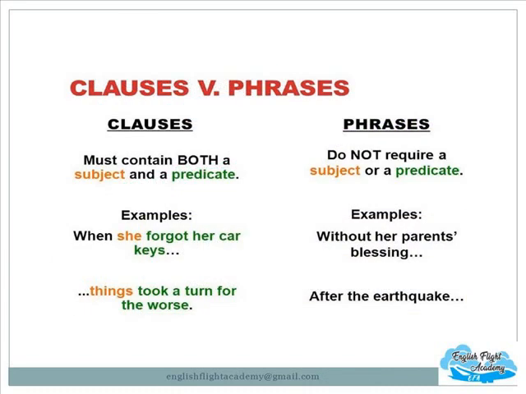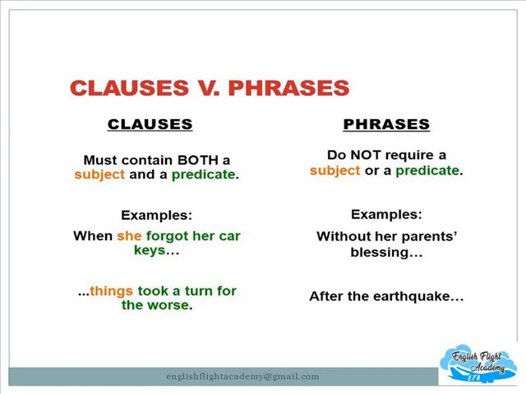So my dear students, look at the difference between a clause and a phrase. This is one of the most important building blocks of a sentence, these two: clauses and phrases. Once you understand this, you can write impressive English and you can speak impressive English. Okay? What is a clause actually? A clause must contain both a subject and a predicate.